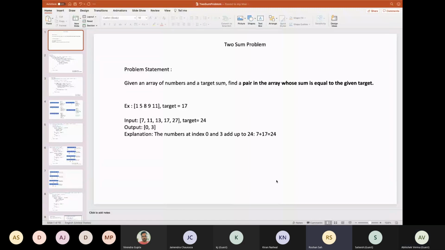One more question, Abhishek. Will the numbers always be sorted, or can they be any random numbers? Yeah, that is also a very good question, because nowhere is it written whether the array is sorted or unsorted.